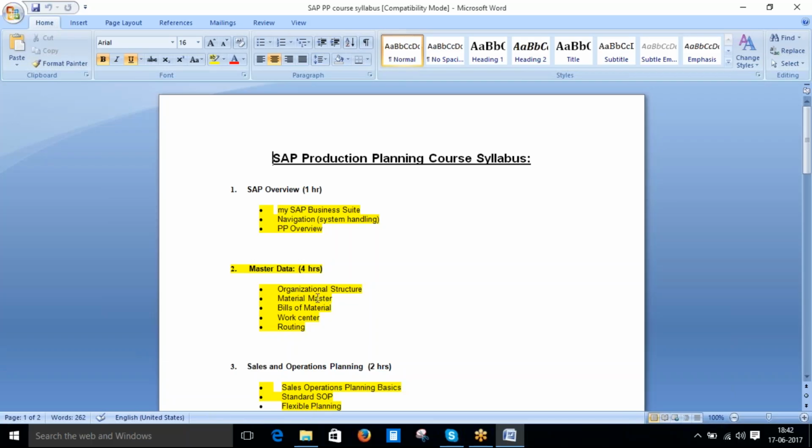Start with, do you have any preference? Otherwise, I want to start straight away with routings and work center. Like the PP overview, how long will it take? Because